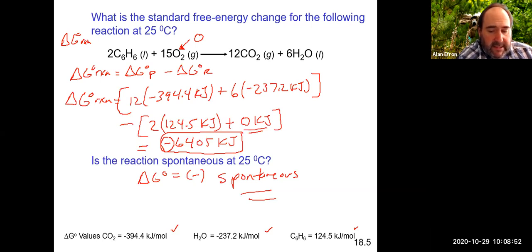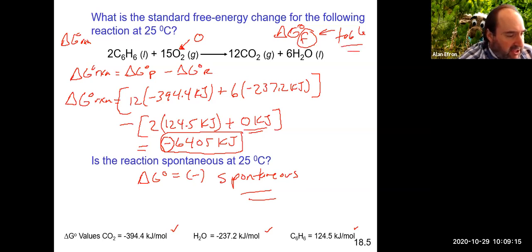So again, you'll sometimes see, like I said, delta G naught of formation, and that's basically the values that you find in the table in the back of the book, for example. So that's usually what the table values refer to when you see it labeled delta G naught of formation. So again, in a problem, if you're given something and it says this is the delta G naught of formation, that's basically what you would find in a table. Any questions on that there? Okay, so